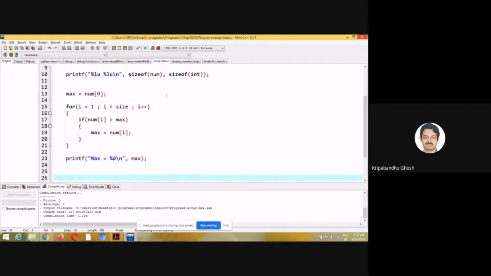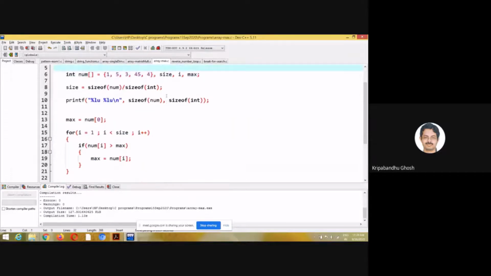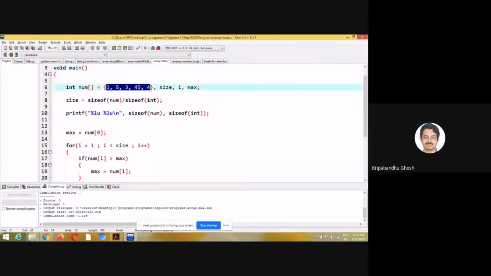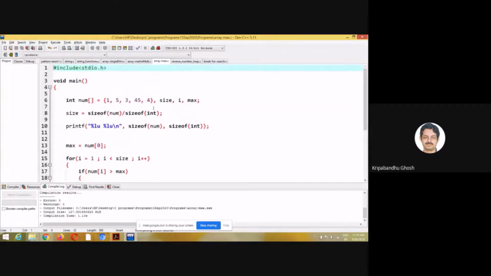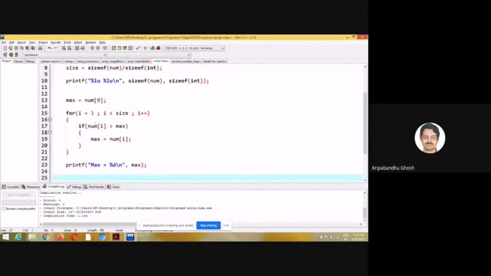So this is an example where you find the maximum of the numbers which are stored in this particular array. This can be of any length you want, right? We did some programming using if else, where finding the maximum of 3 numbers was getting quite complicated. Here we are doing it for 5 numbers, and I'm just using this. I am storing the first element of numbers in max, and I'm checking the other elements.